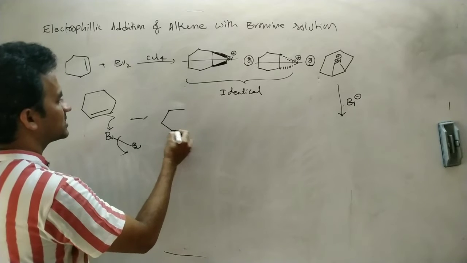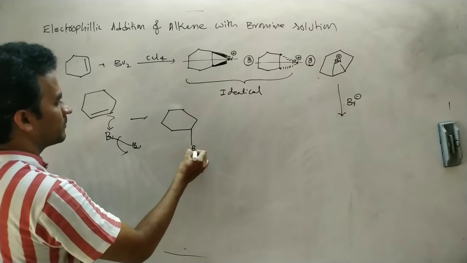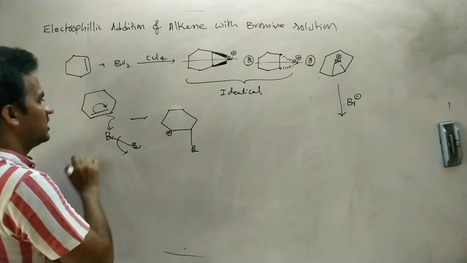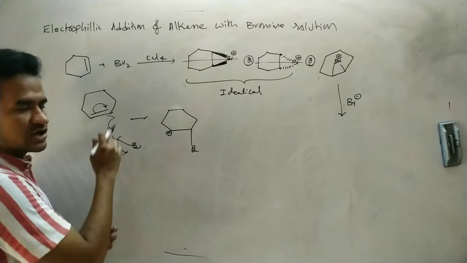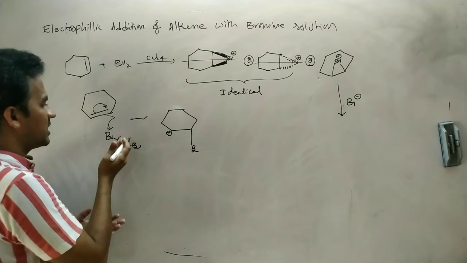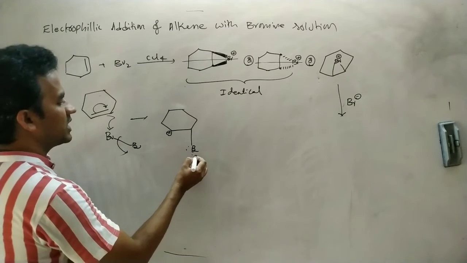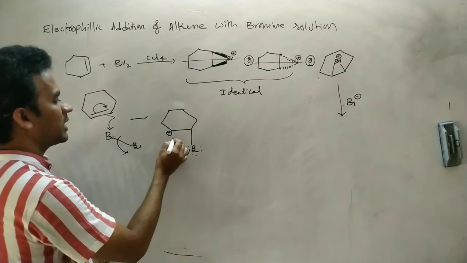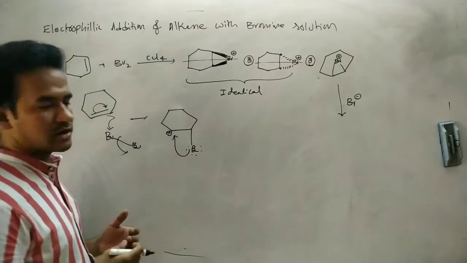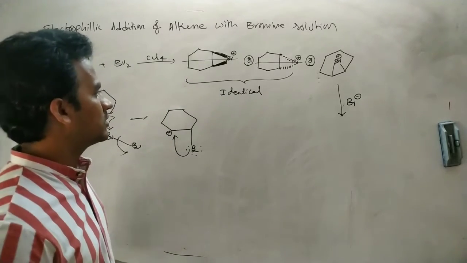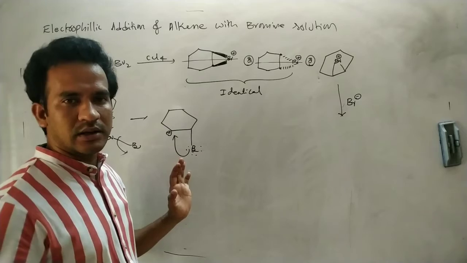So as a result, we will get this. Here this carries a positive charge. That means the electrons are transferred to this one, and it becomes an electron-rich carbon. So this electron-rich carbon makes a bond with the electron-deficient Br plus. Now this bromine has a non-bonding electron pair, so it forms the cyclic halonium ion. That means this cation is stabilized by the formation of the cyclic halonium ion. So as a result, we will get the cyclic halonium ion.